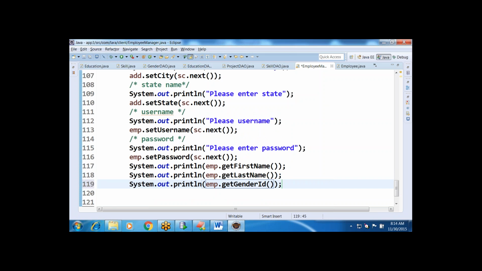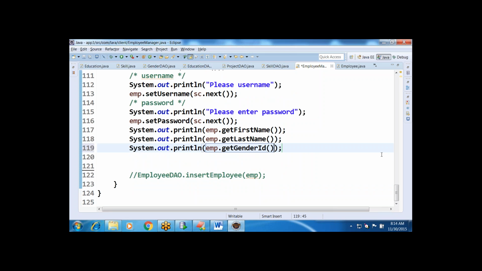In the database, employee data should be stored in 3 different tables: the employee table, the address table, and the intermediate employee underscore skills table. That insert employee function you will know in the next class. What you can do is start